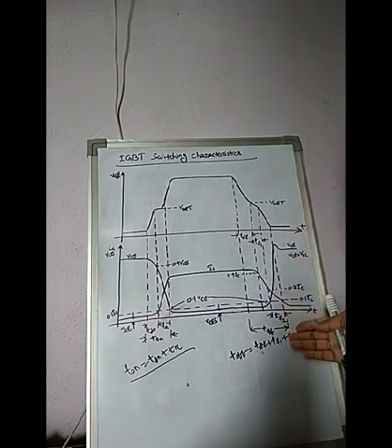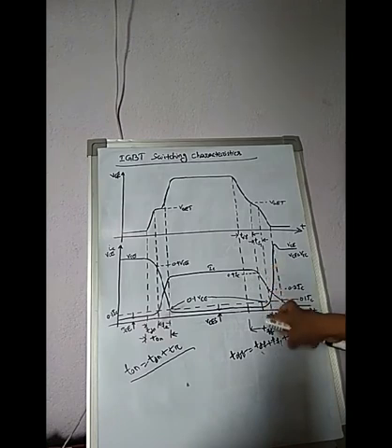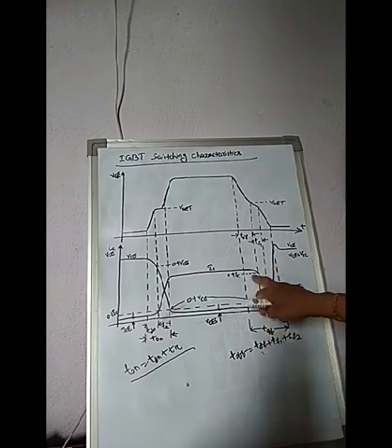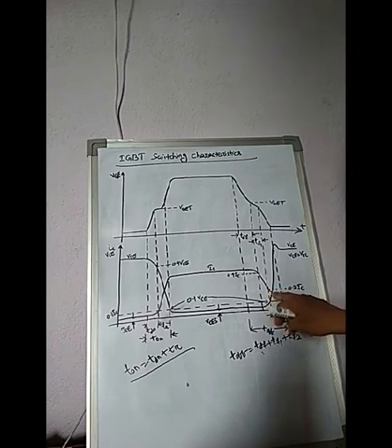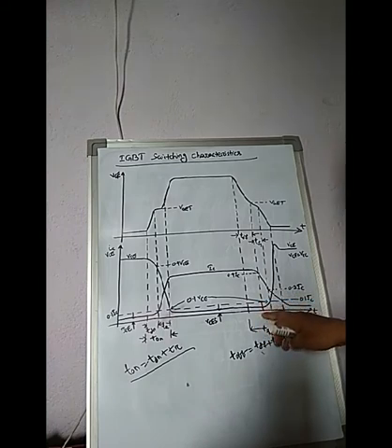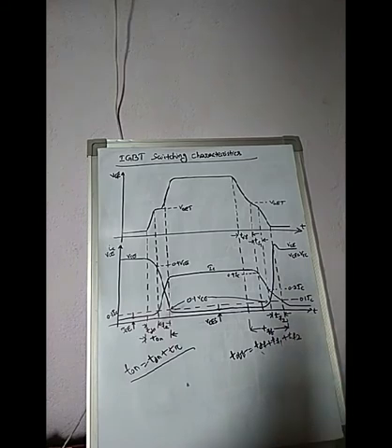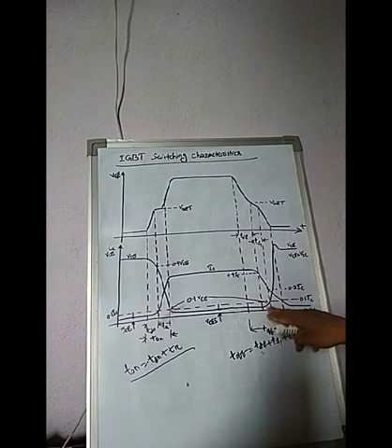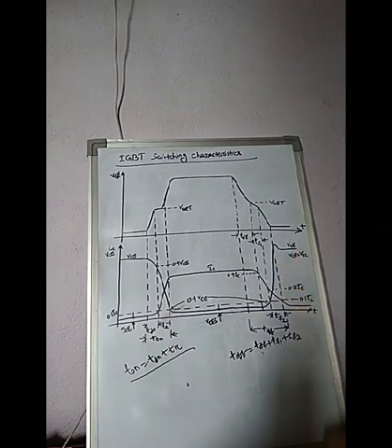So the first fall time, that means the initial fall time TF1 is defined as the time during which collector current falls from 90% to 20% of its initial value IC, or initial fall time is the time during which collector emitter voltage rises from its saturated level to 0.1 VCE level. Clear? So during TF1, IC decreases from 90% to 20% level of this IC value, and VCE rises from its saturated value to 0.1 VCE level.